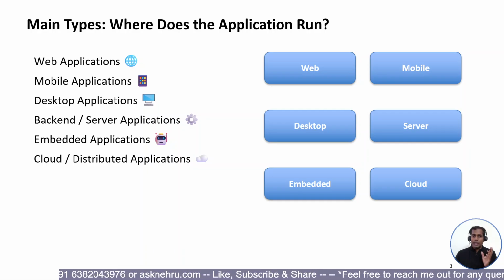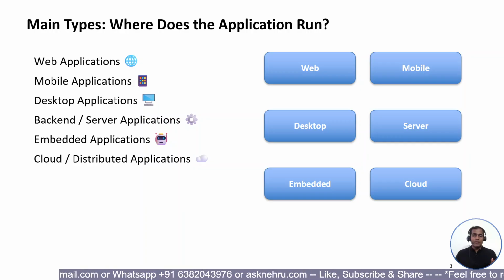So there are main types. Where does the application run? See, the first and easiest way to classify applications is based on where they run. For example, web applications. YouTube in Google Chrome is an example. And for mobile applications, WhatsApp installed on Android or iPhone is an example. For desktop applications, for example, Microsoft Word or IntelliJ IDEA installed on your desktop is